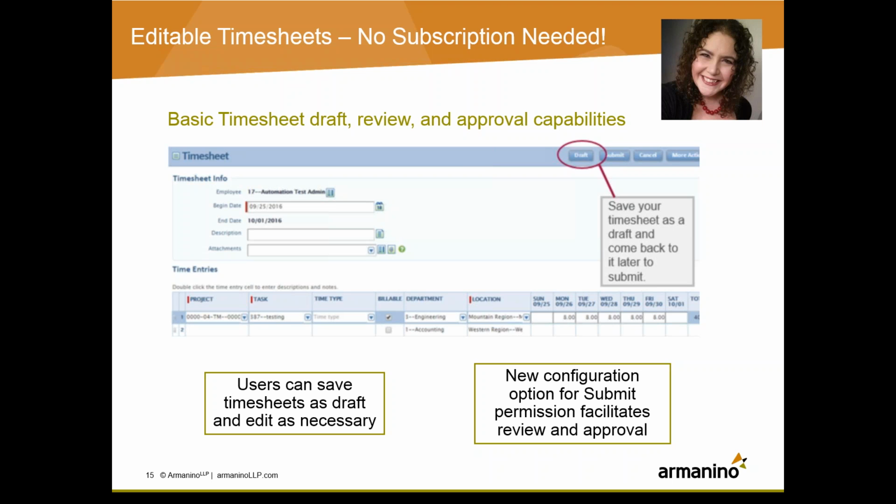Now you can track time whenever you like on a daily basis, or even just keep it open and do it hourly. Save your timesheet as a draft and come back later to complete it and submit it. This gives users a lot more flexibility to not complete their timesheets in one sitting. Those of you that have the projects module have always had this ability, but for those of you that do not, this is a very welcome update.